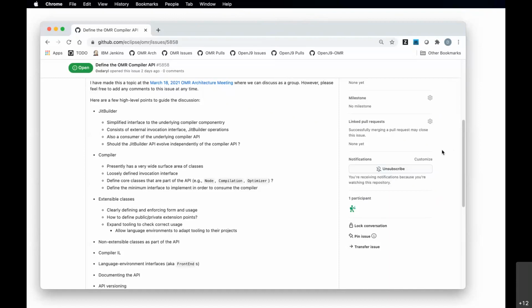So off the top of my head, thinking about the options you were mentioning, Daryl, for how we can go about defining the API, I think the most straightforward approach for us is probably to look at what methods we currently have available in the classes and figure out the minimum set of things you need in order to build a compiler. I think that's probably the least effort for us simply because we're already starting from what we have.